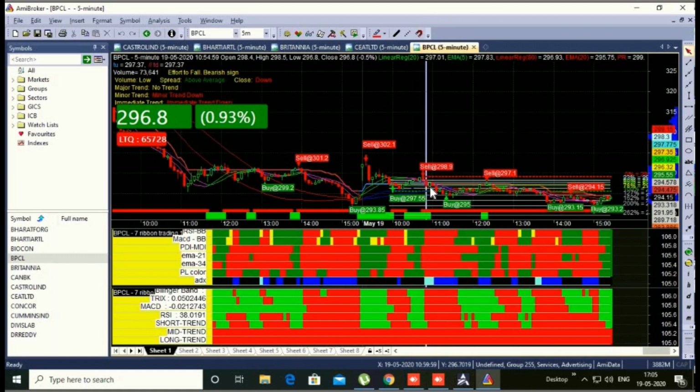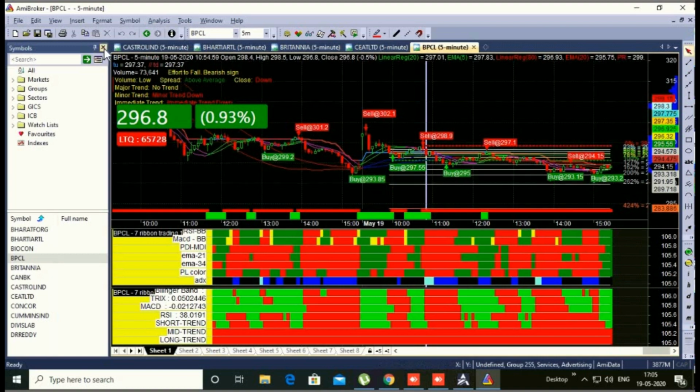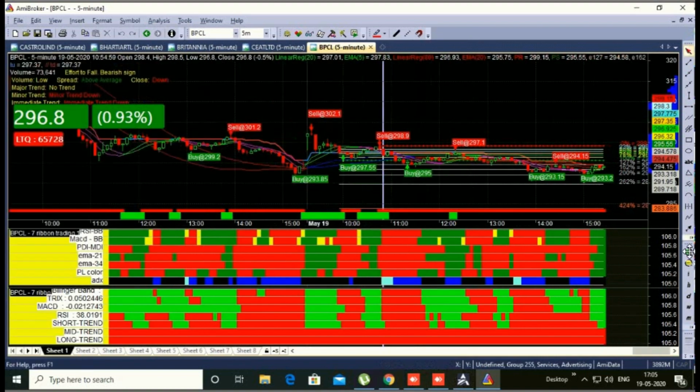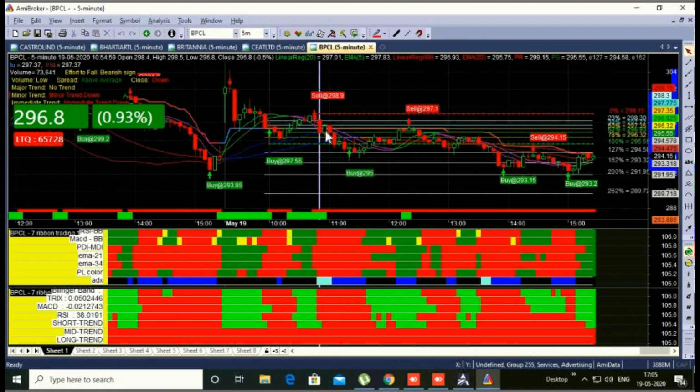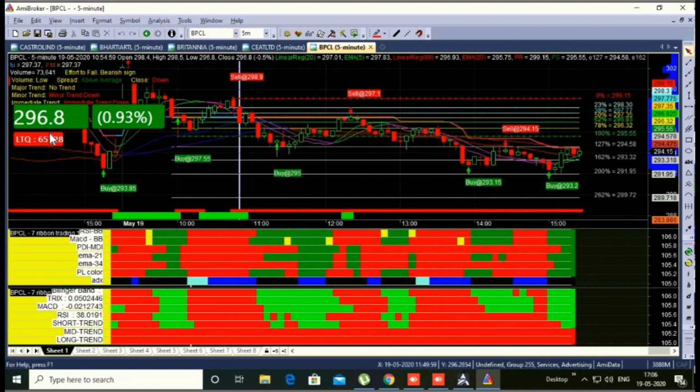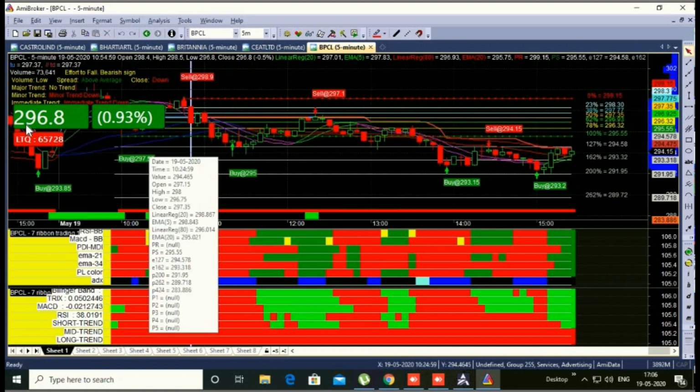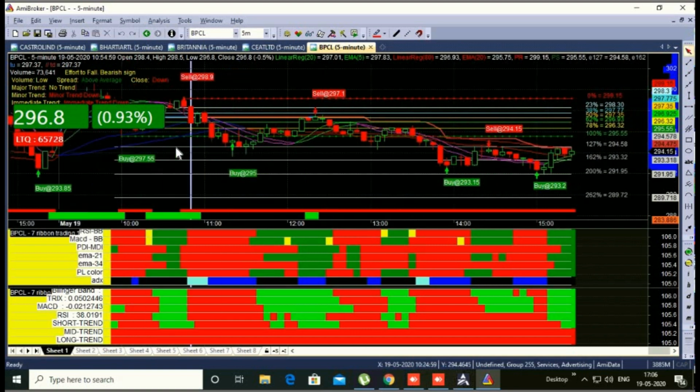Okay, and take only a 1% target once you enter any trade. Okay, minimum 1%. Yes, if you want to trade in BBCL, it means 3 rupees will be your minimum target from your entry point. Like if you enter on this 296.80, it means 297. It means 294 will be your minimum target.